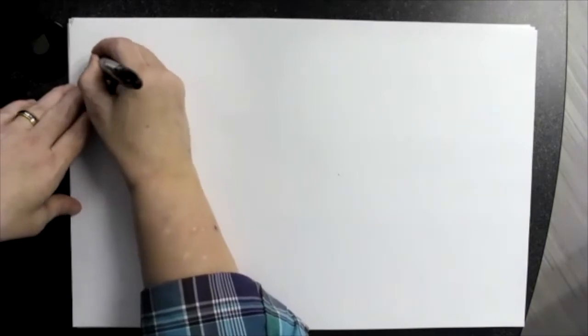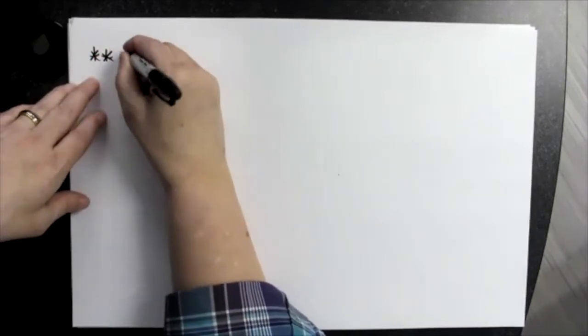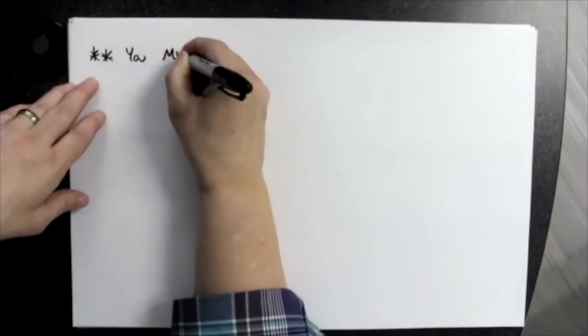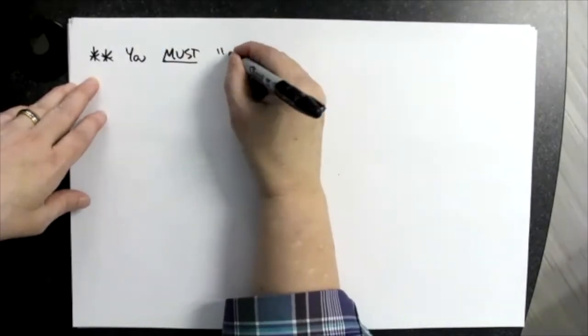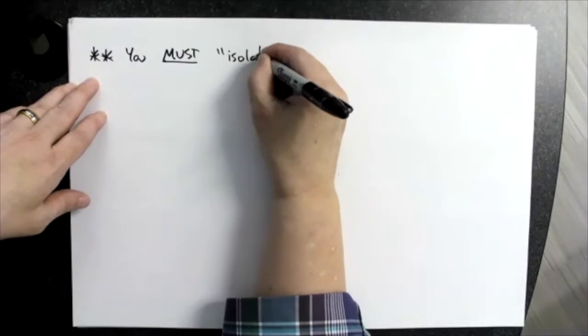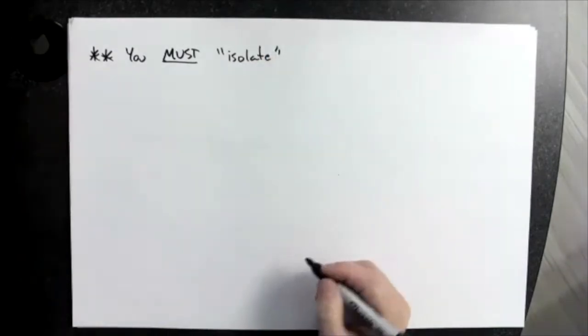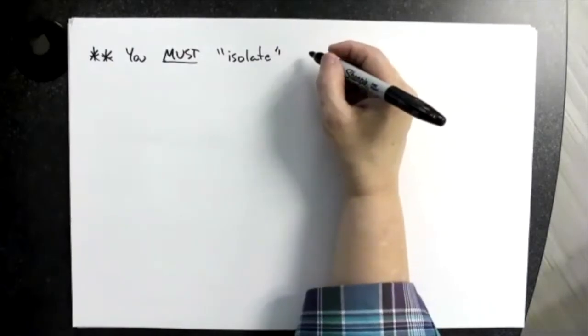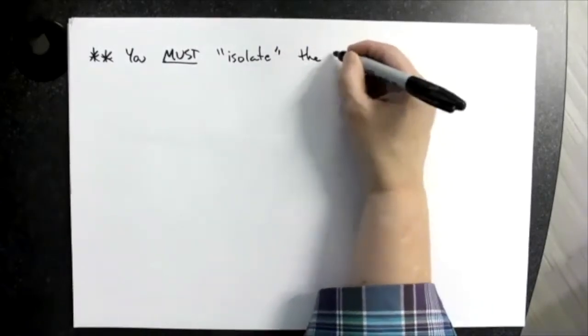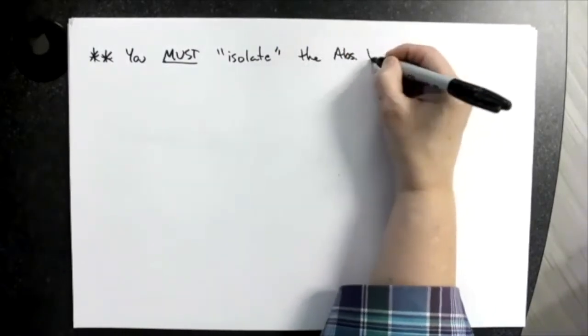If there is, you have to isolate it first. Those absolute value bars have to be isolated. So we're going to make a little note. You must isolate, and I'm using the word isolate because it just means I want the absolute value bars on the left-hand side of the equation by themselves with nothing else there. So you must isolate the absolute value bars